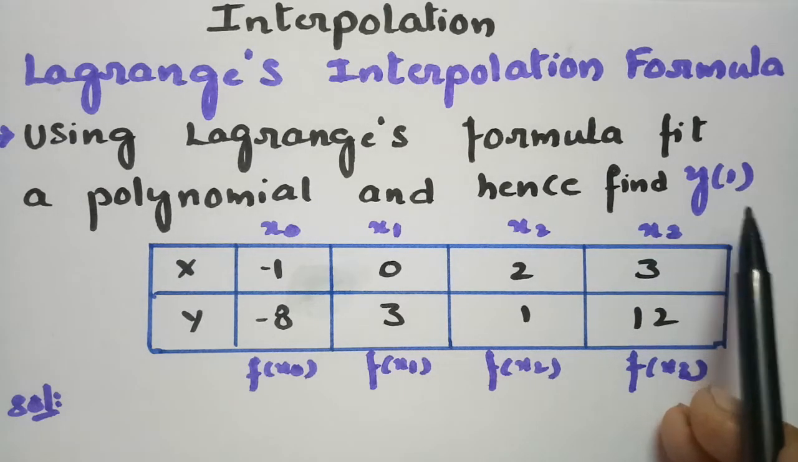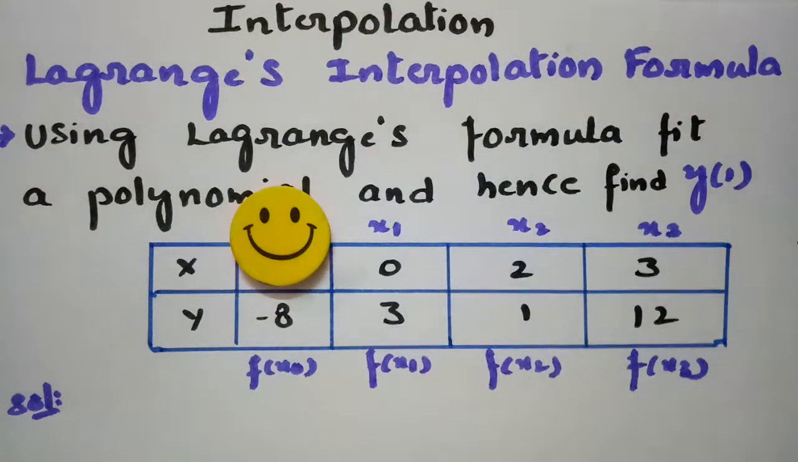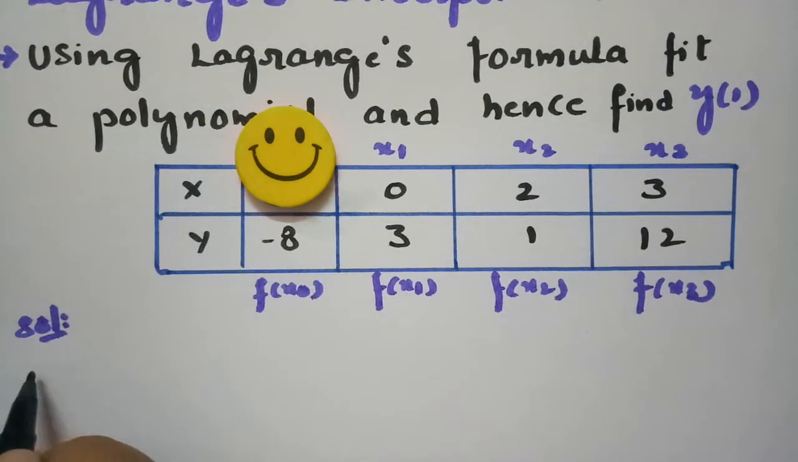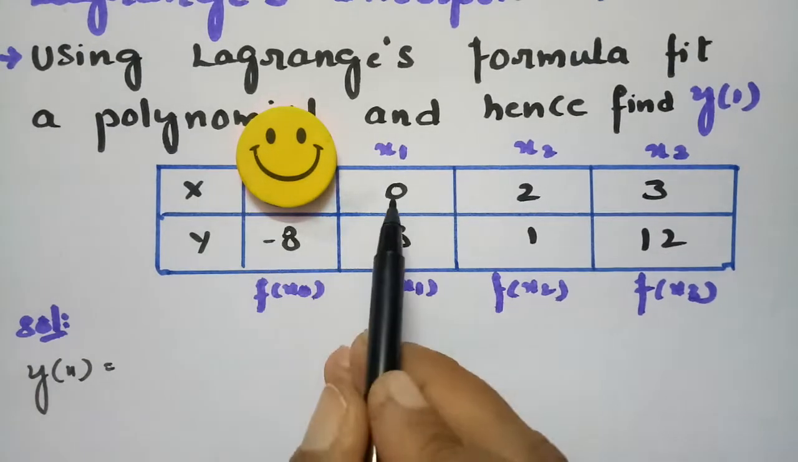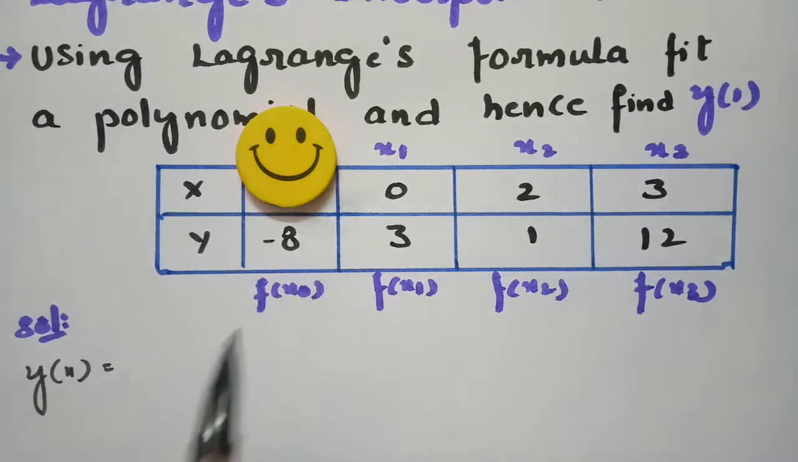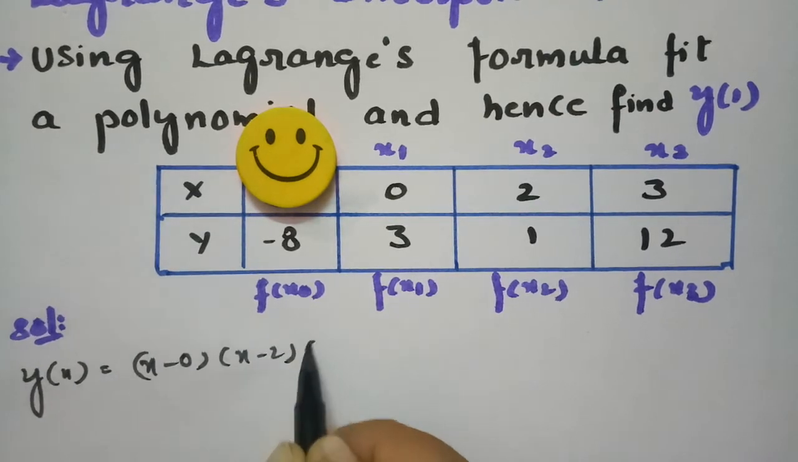So using Lagrange's interpolation formula, I am going to solve this. According to the formula, first I am going to close this x0. So y at x is equal to, I have to subtract all these three from x. That is x minus 0, x minus 2,